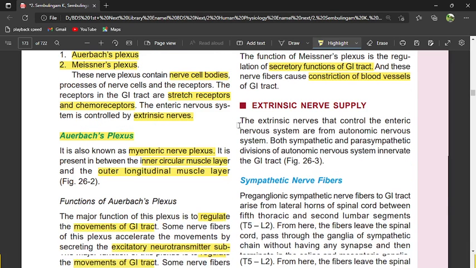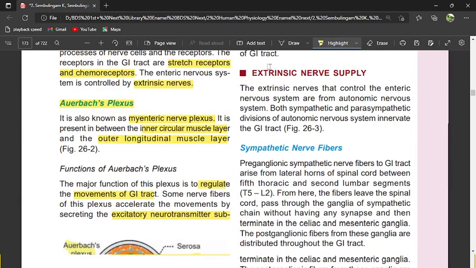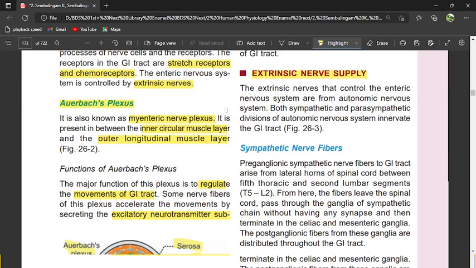जो ब्लड वेसल्स हैं जो डाइजेशन सिस्टम के कॉन्स्ट्रिक्शन के लिए काम आते हैं। मिशनर्स प्लेक्सस, आपने इमेज में देख लिया होगा। Let us see the extrinsic nerve plexus. Extrinsic means that is not present inside, बाहर रहने वाले नर्व सप्लाई हैं। अब देखो, आपने देखा होगा डाइजेस्टिव सिस्टम का जो लेबलिंग आपको पढ़ाया था, उसमें सीरोजा, ऑरिबेचिस प्लेक्सस भी थे, मिशनर्स प्लेक्सस भी थे। पर ये एक्सट्रिंसिक में सिंपैथेटिक, पैरासिम्पैथेटिक बाहर रहते हैं, मतलब आपके नर्वस सिस्टम में इंक्लूडेड हैं।